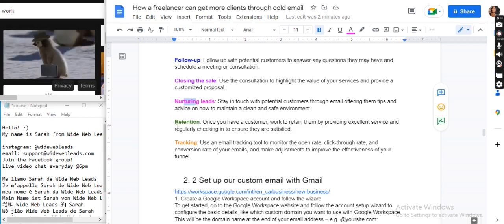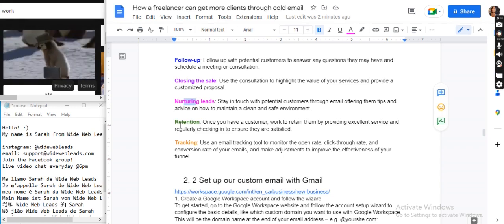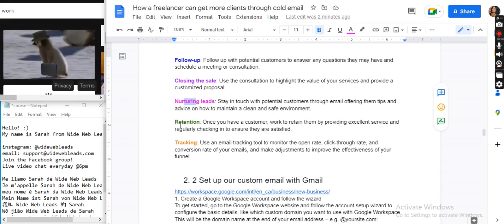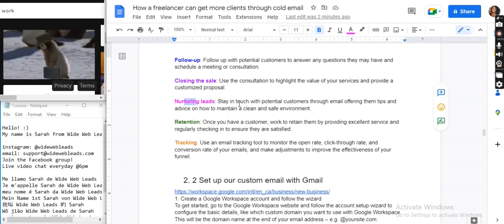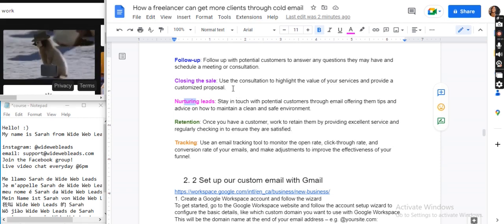With retention, it's essentially when you have them as a client and they finally are like, hey, yes, I do need website work. I do need social media management. Finally at that point where I'm ready to work with you, you need a retention system. So this is just checking in with the client, making sure you're sending them reports of what you're doing and how you're doing it, and if there's any growth along in the future, you're letting them know in an accurate method. And you're just making sure that communication is clear.